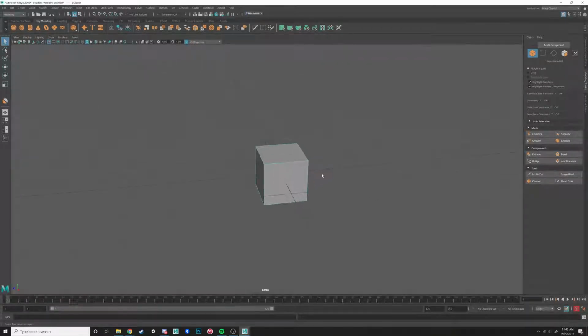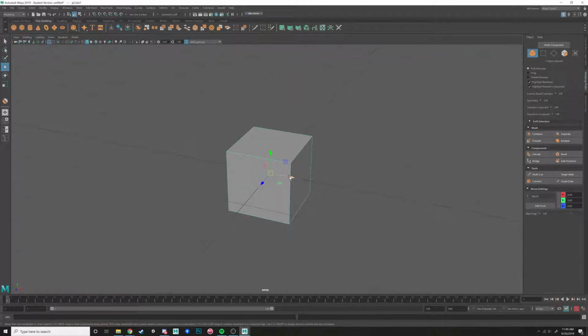axis or axes. Like you have your X, Y, and Z axes. And these ones, if I go into my move tool with W, you'll be able to visualize them a little bit more. This is important to keep note of, like where you are in 3D space, because what we want to do is have all of our models at 0, 0, so standing at 0, 0 on the grid. They'll be somewhere like this,